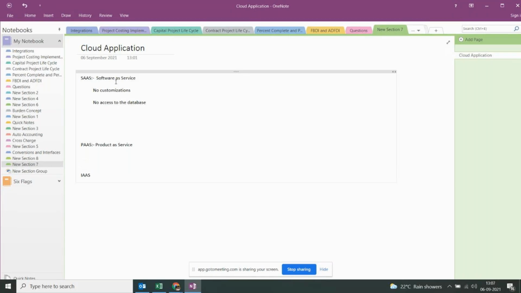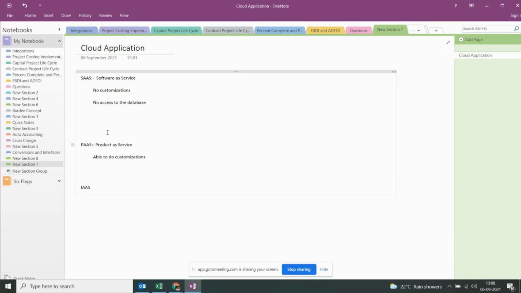In this, we are able to do customizations, and able to access the database, but you don't focus much on the database side, only on the customizations. In which environment can I do customizations?